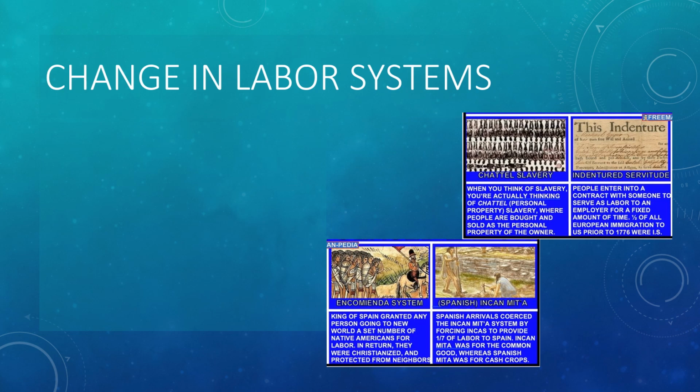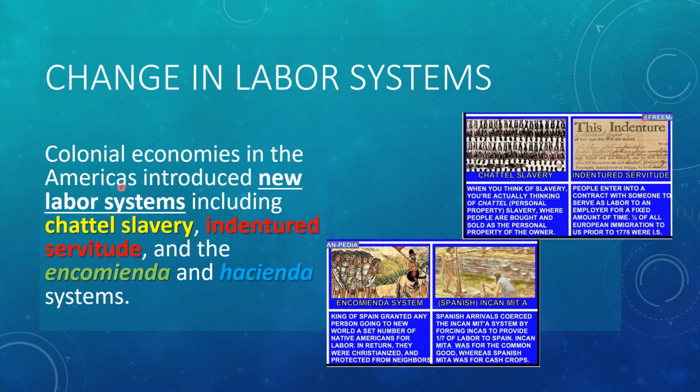Speaking of changes in labor systems, colonial economies in the Americas introduced new labor systems, including chattel slavery, indentured servitude, and the encomienda and hacienda system. Okay, this is from Freemanpedia. It talks about what these different things do. You can really just group the encomienda and hacienda system together. They're definitely different, but